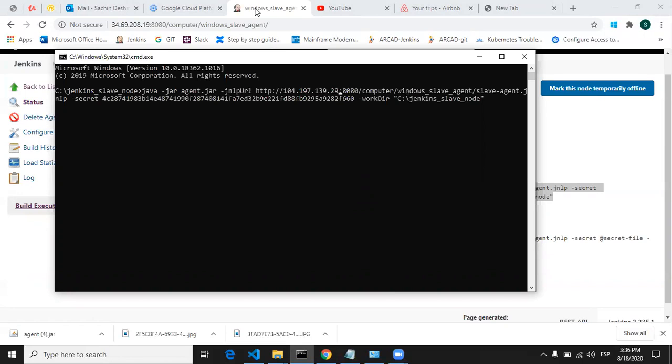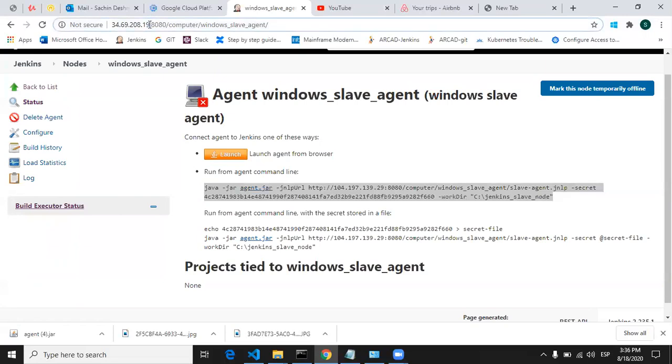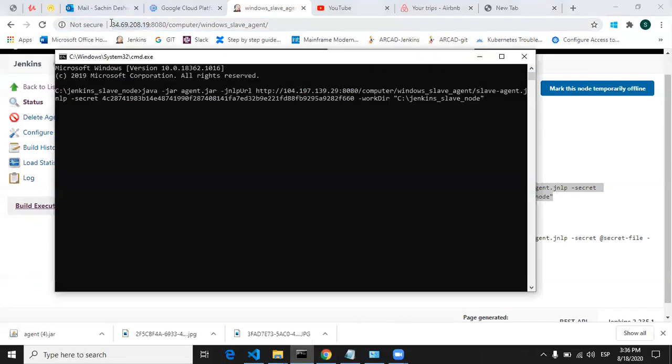we will go here and we will see that my Jenkins is installed in this port. So just copy this port and paste it here. Okay, so this is your Jenkins IP address and then port number 8080. And at the last you can see this is the repository, remote root directory of our Windows. So just have to put enter.